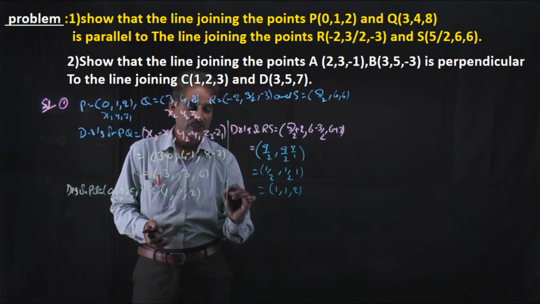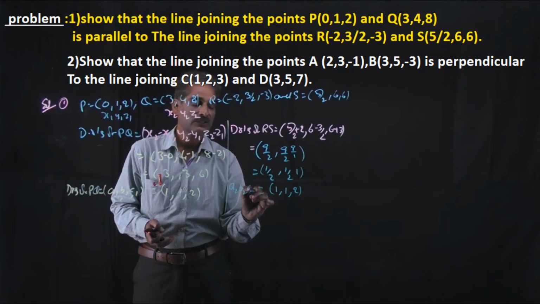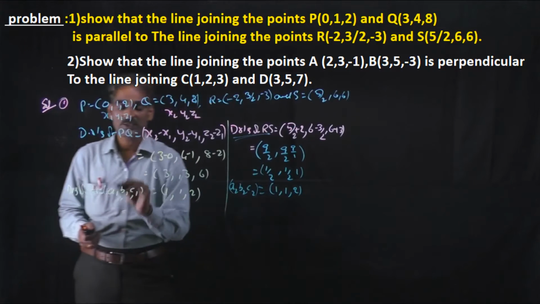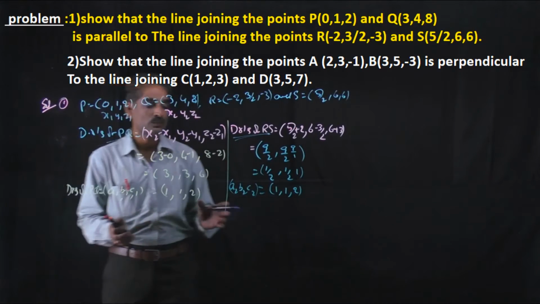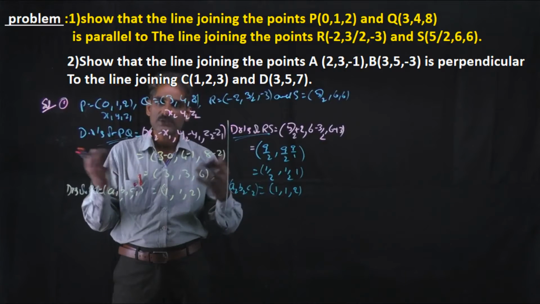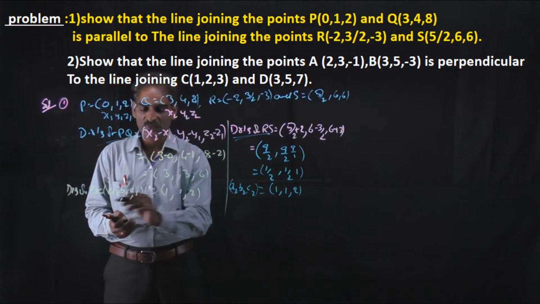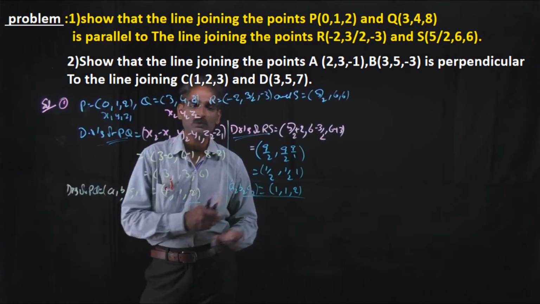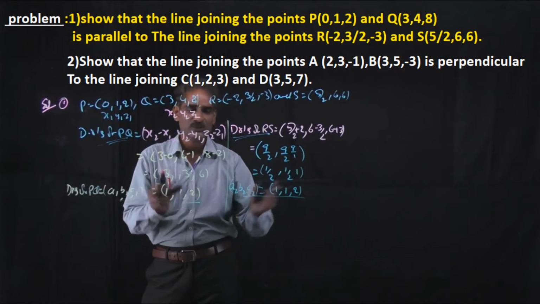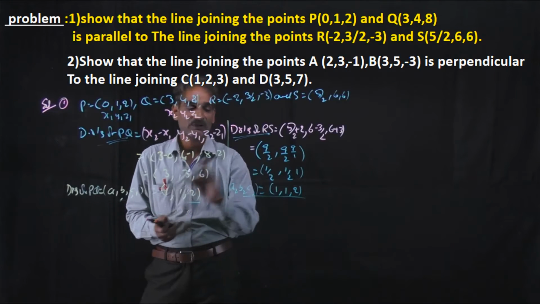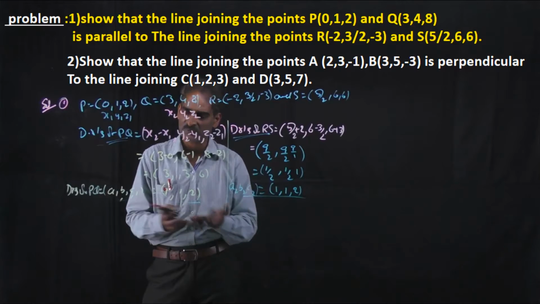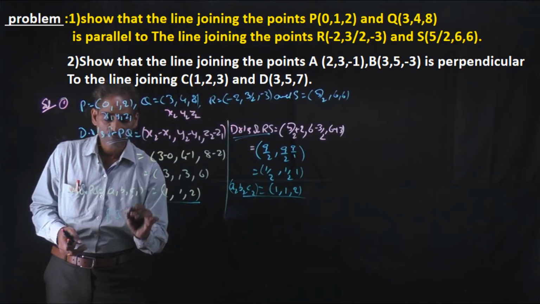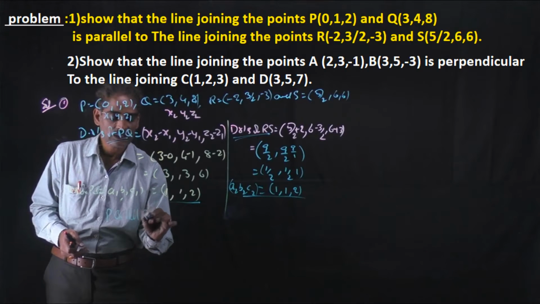Understand? Let us take these names for this set: A2, B2, C2. These are the DRs of RS, and these are the DRs of PQ. We have to prove that these two lines PQ and RS are parallel. The DRs of PQ are 1, 1, 2 and the DRs of RS are also 1, 1, 2. Here also we can say the ratios are the same: A1/A2 equals B1/B2 equals C1/C2. So PQ is parallel to RS.